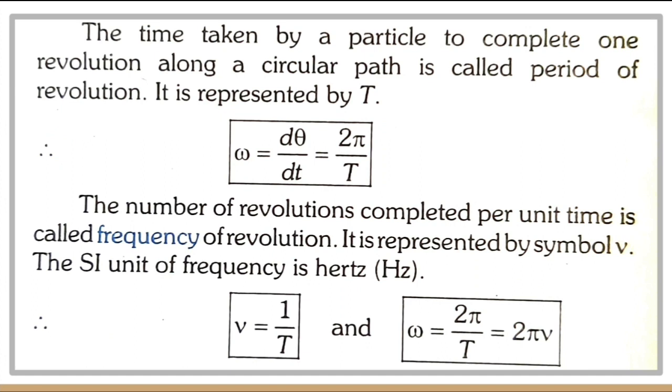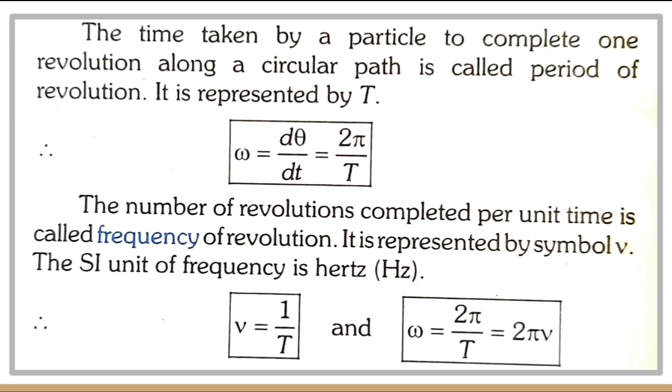Very important relation. In many chapters in both plus 1 and plus 2 we will be coming across this omega. So, this relation exists everywhere. Wherever we deal with periodic motions, we have this omega, which is angular velocity or angular frequency, and that relation, omega equal to 2 pi by T.